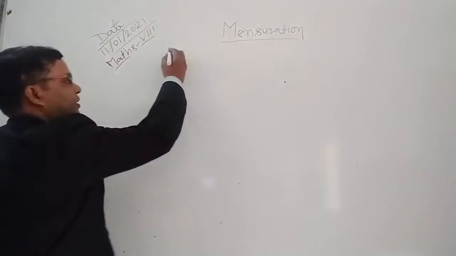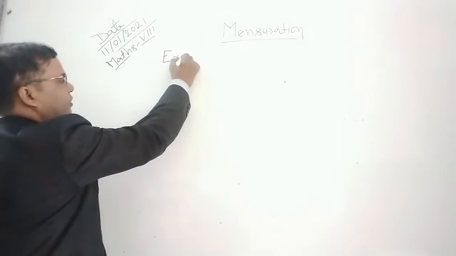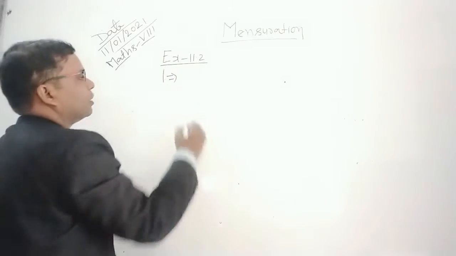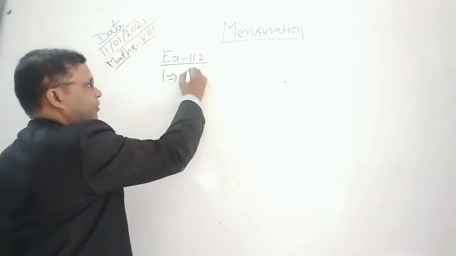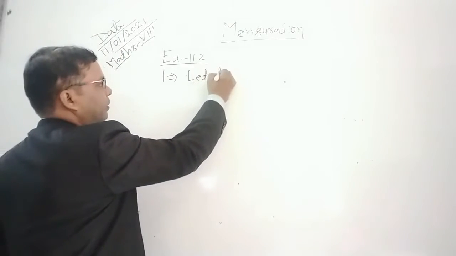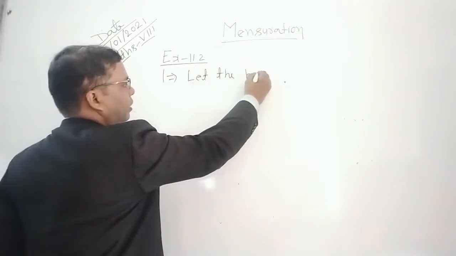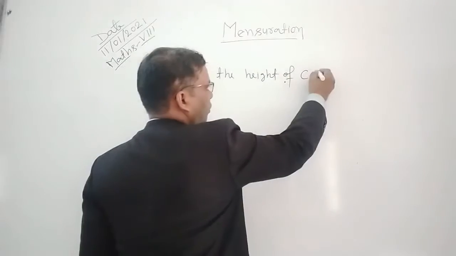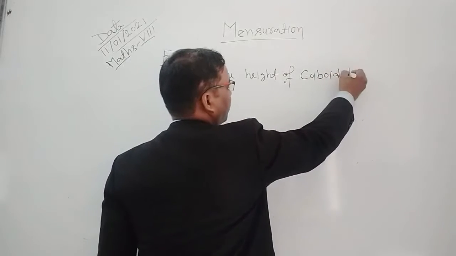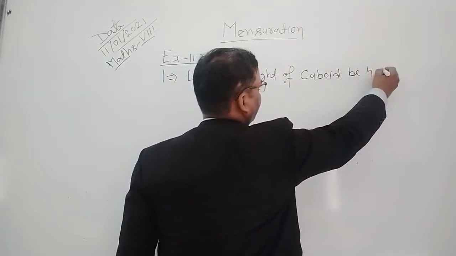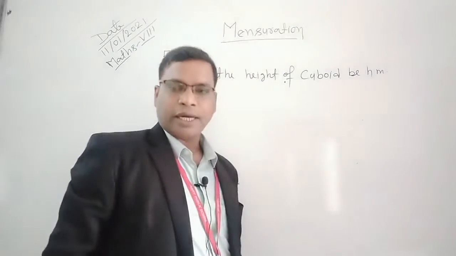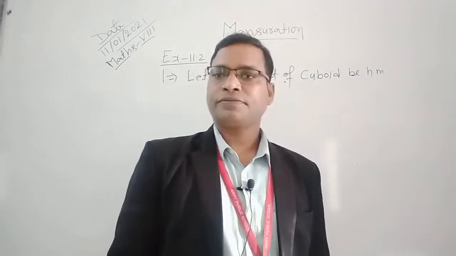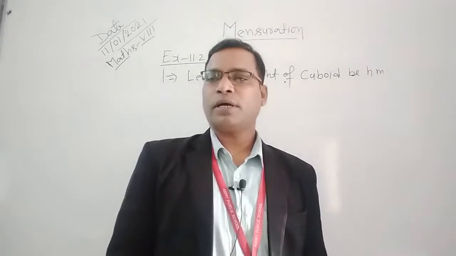Exercise 10.2, question number 1. So first we let the height of the cuboid be H meter. This is clear. Now, given volume of the cuboid,